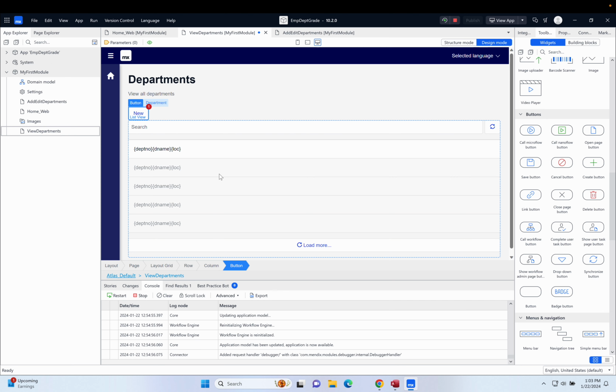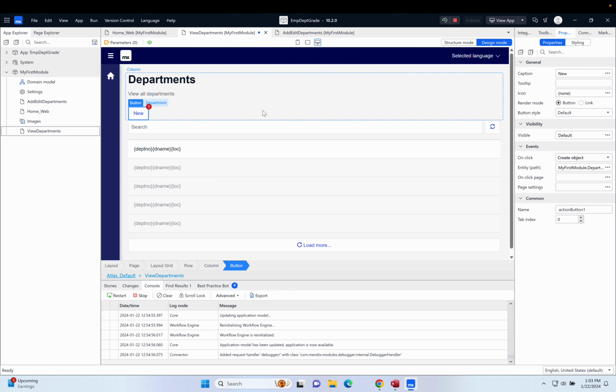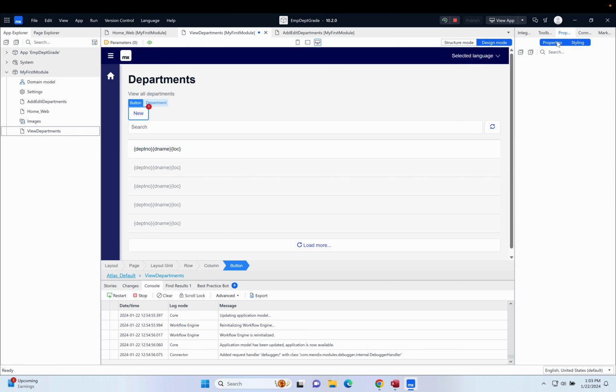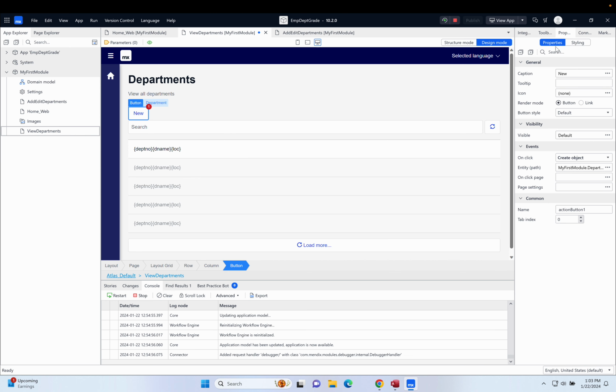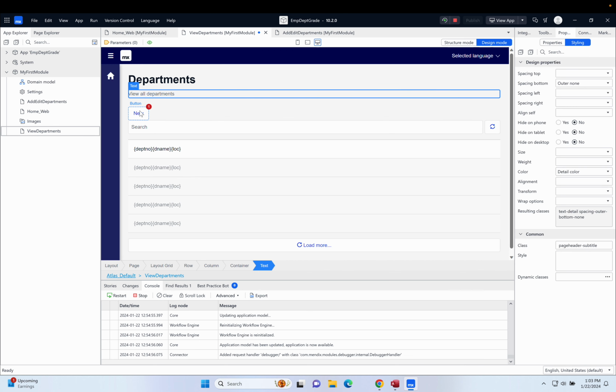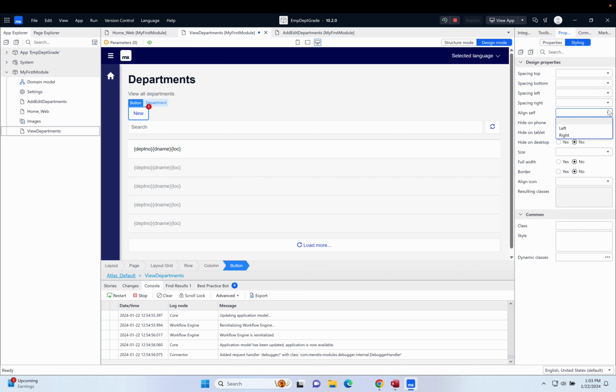So I click on select. Here it is. I think what would be quite nice would be if that was aligned over here. So I'm just going to click on the styling of that, and if I just do that again, I could then align it on the right. There it is. I'm just going to leave that as the word new. Now, you see the little red indicator here. Again, it's prompting us, telling us there's a little bit of extra information that this needs to do its work. So if I double tap on it,